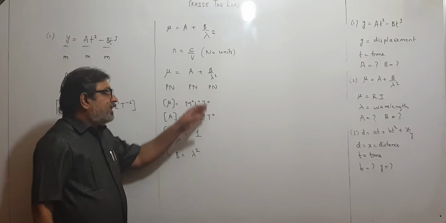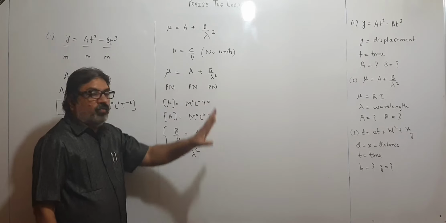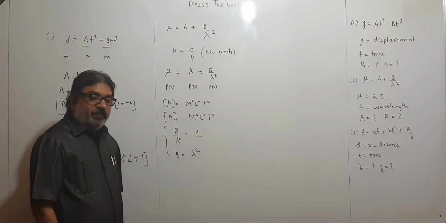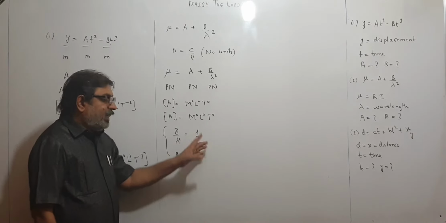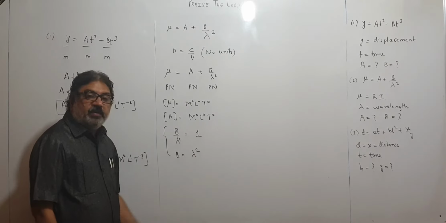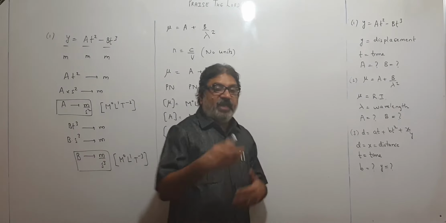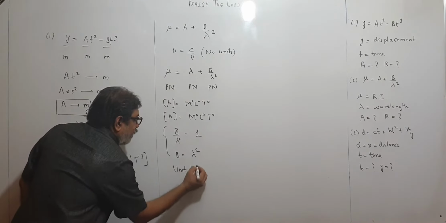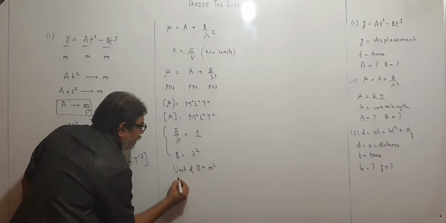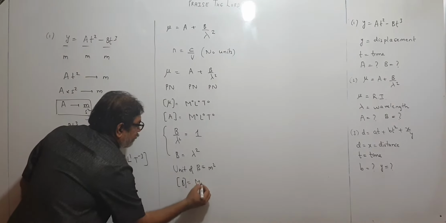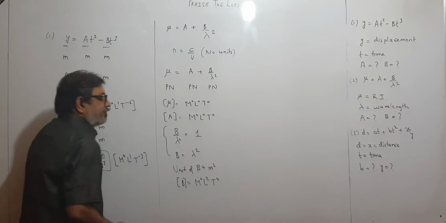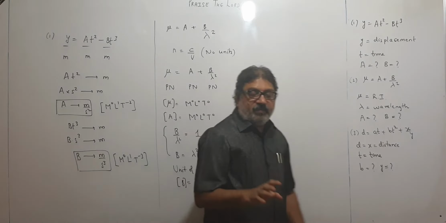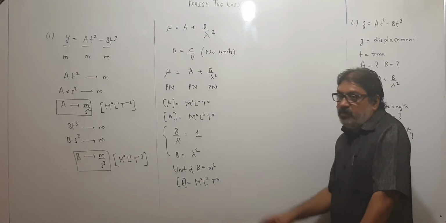You have to just reach the correct answer. So I am just telling you, whenever any physical quantity is a pure number, just write this is equal to 1. Means it has got dimensional formula M0, L0, T0. So it becomes 1. Think like this. So B will be lambda square. Matlab, unit of lambda square is unit of B. Lambda is what? Wavelength. Wavelength means length, means meter. So unit of B is meter square. So B dimensional formula becomes M0, L2, T0. Like this we get. So whenever any quantity is a pure number, what you will do, children? You will put it as 1, and then get the units of other remaining quantities, like B I got.